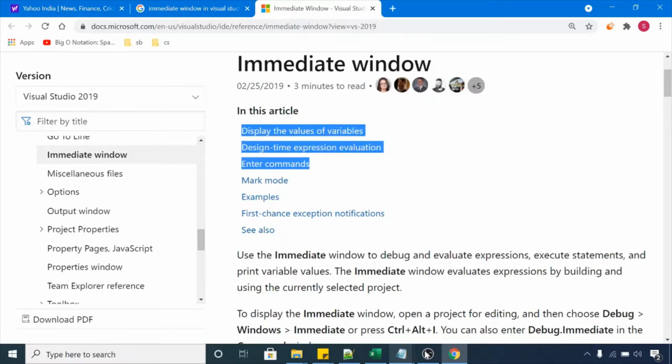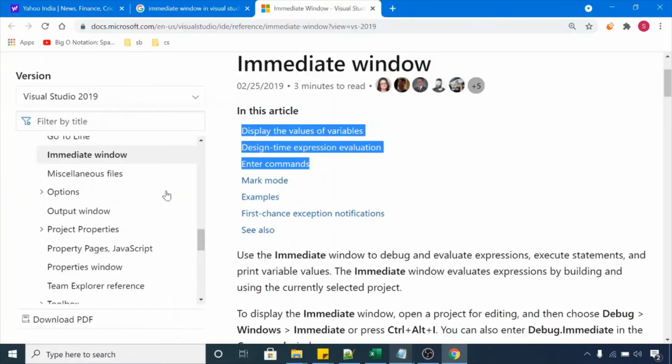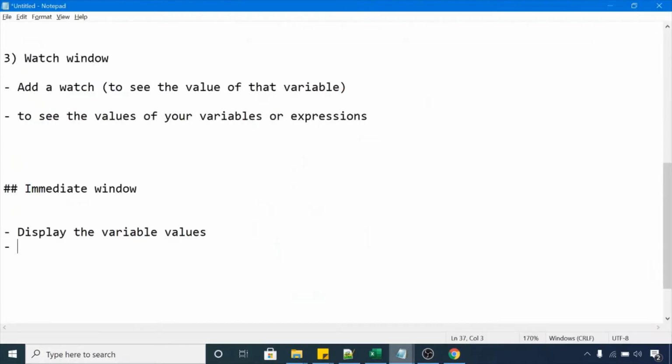features of the immediate window. Let me define them here. So the immediate window, first benefit is you can display the values of variables. Next benefit is design time expression evaluation.